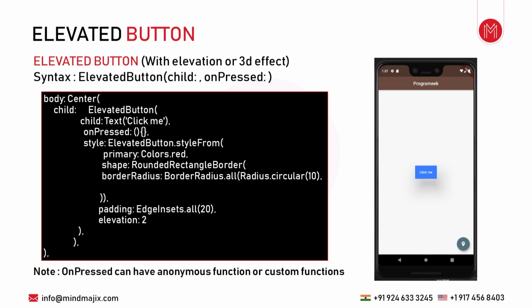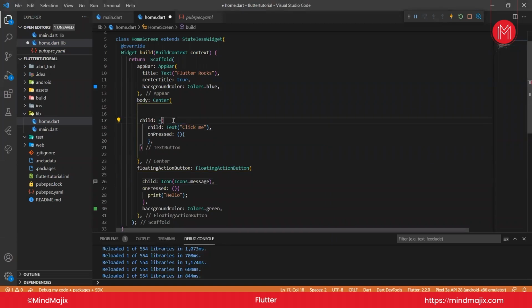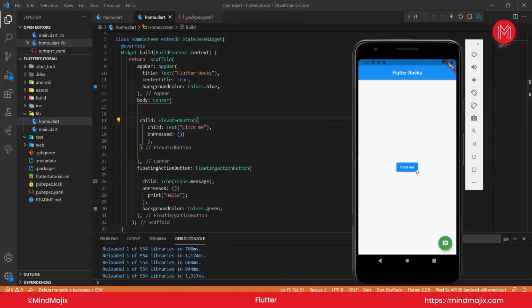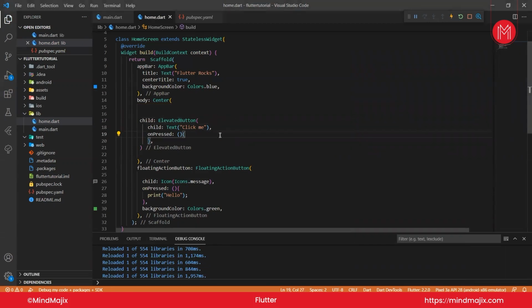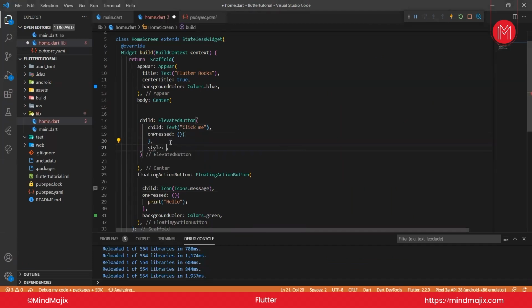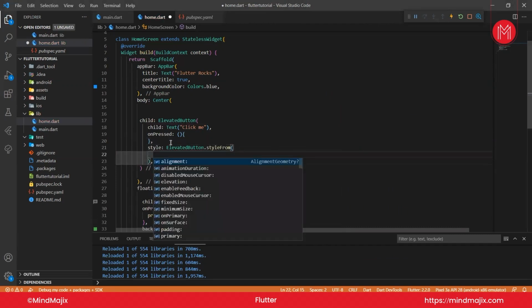But what happens if I use an elevated button? The syntax is the same. If I simply write ElevatedButton here, then you see the background color is there, the text color is white, and some elevation is being given, that is some 3D effect. So this is why we use elevated button, because it's very handy to use. Now again, if you want, you can style it, like here we have to write ElevatedButton.styleFrom, and primary